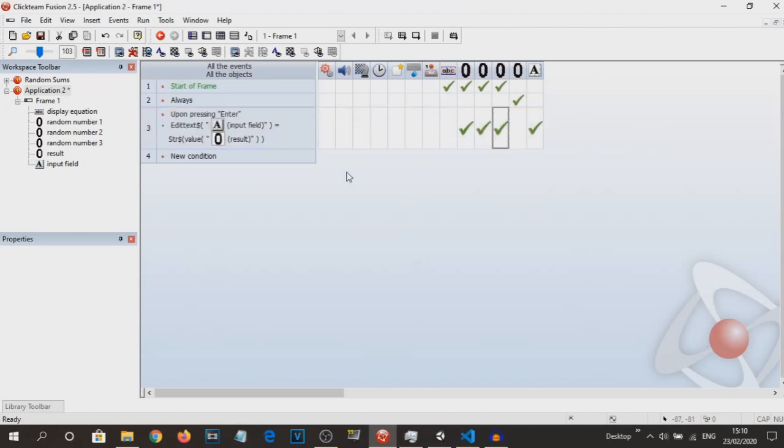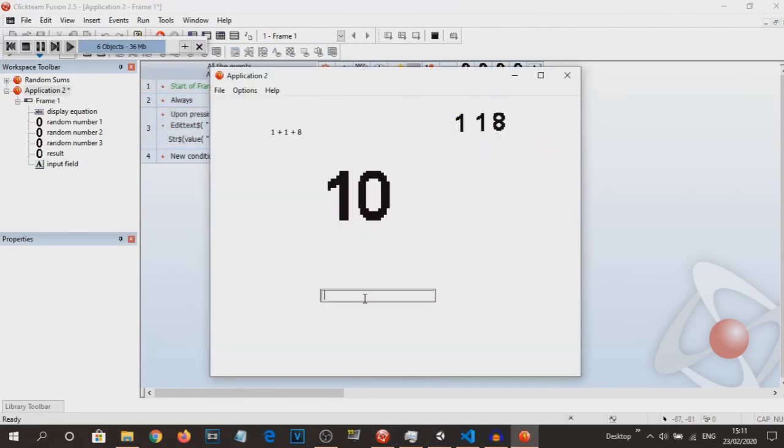Well, actually, technically we could just set the display string to these counters when we press enter. It could still work like that. Although, if you want to make sure that it works every single time, then just drag this into the always. And what this is going to do is, no matter what we do, if we press enter and the input is the same as the result, then the text will also change too. So 10, there we go, the text changes too. So 11, 16,